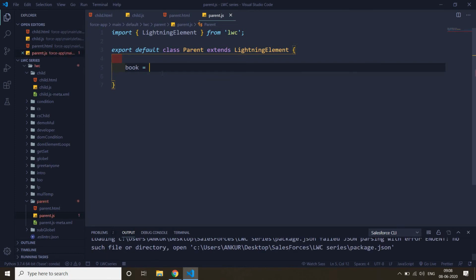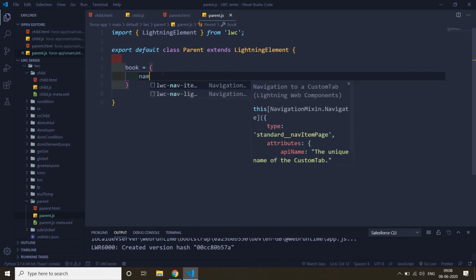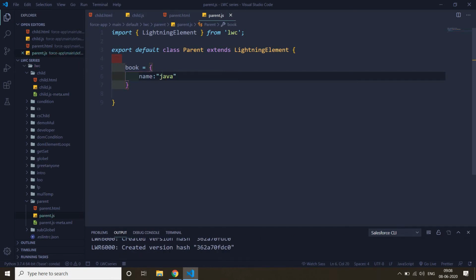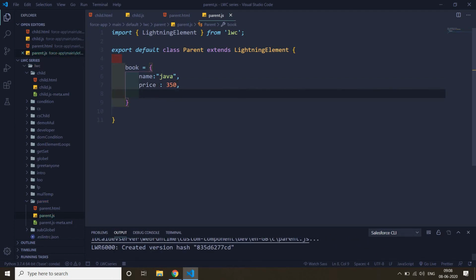So book equals, with one property like name, let's say Java, and one more property like price, let's say 350, and one more property like page, let's say 540. Okay, so our object is now created.